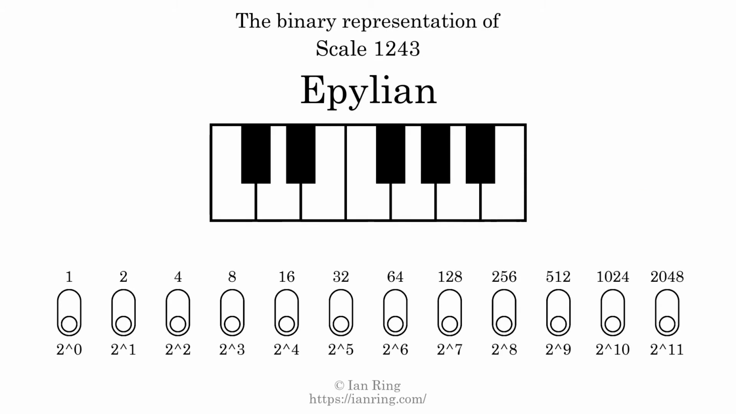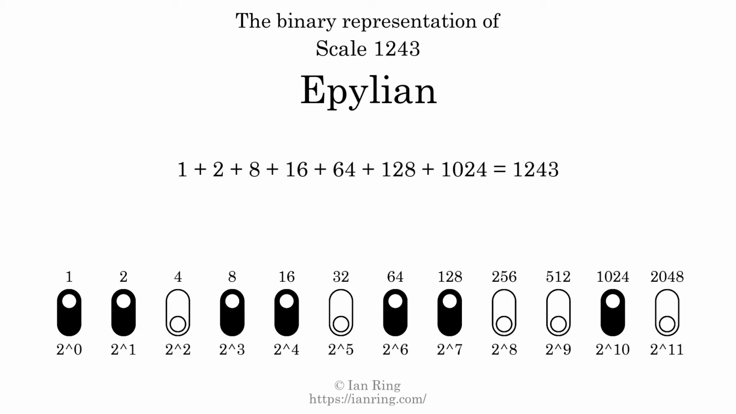The binary representation of this scale is determined by mapping tones of the scale to binary digits. Each binary digit represents a power of 2. To get the scale number, we add the powers of 2 together. The powers of 2 that are present in the scale, all added together, equals 1243. That is why the scale number, in decimal, is